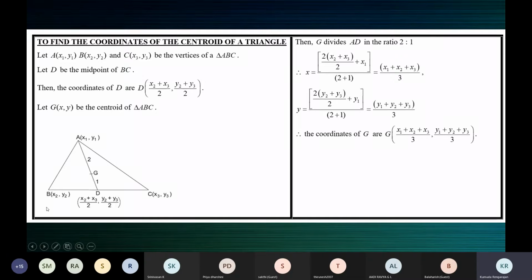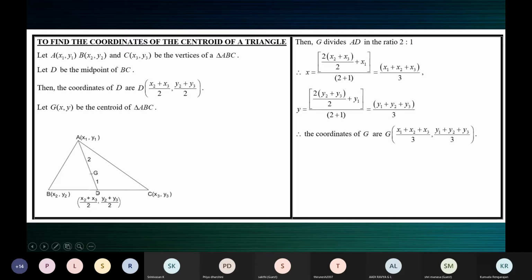Children, any confusion there? No, ma'am. You should simply add the... see, we have 2 points. We have 2 x coordinates and 2 y coordinates. Add the x coordinates, divide by 2. Add the y coordinates, divide by 2. Now these two results which you get will represent the coordinates of the midpoint.